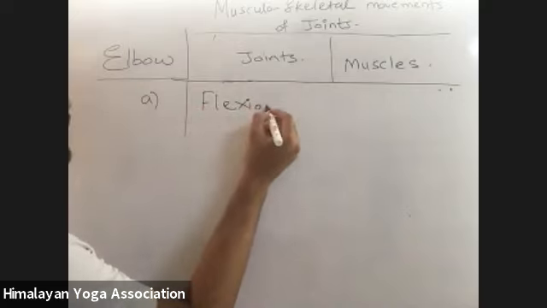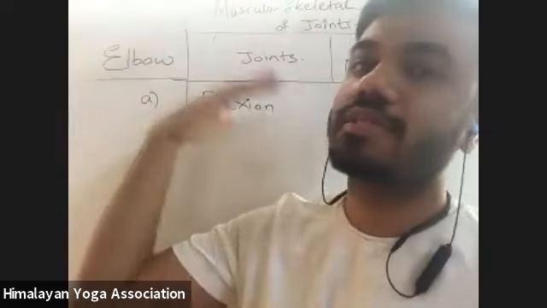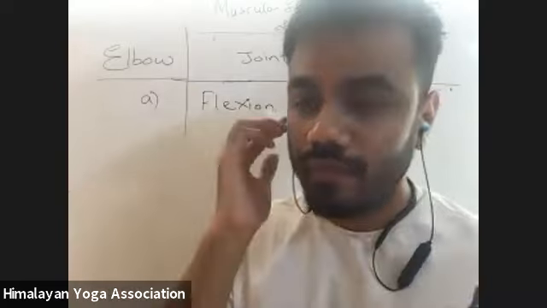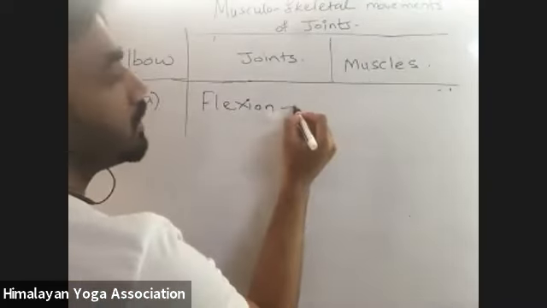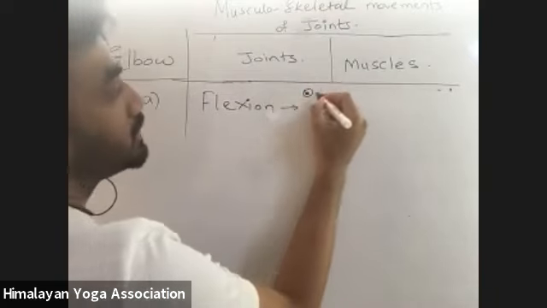Correct. So what is the elbow flexion? Flexion is when we decrease the angle. When we decrease the angle in between two parts, that is flexion. What are the major muscles in the elbow flexion? That is our